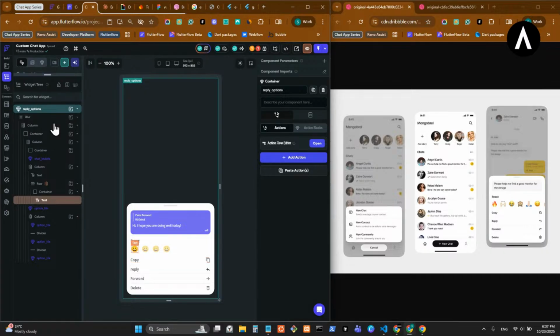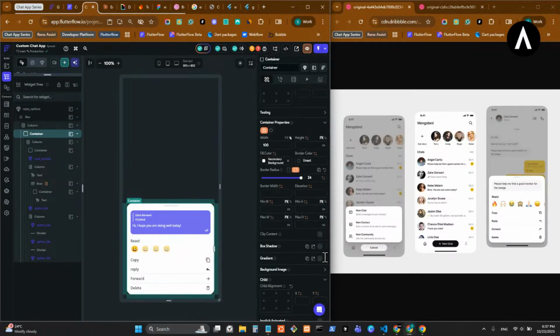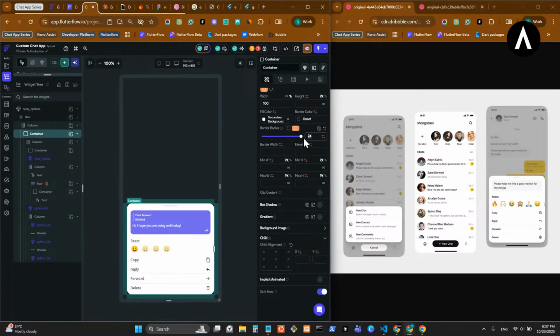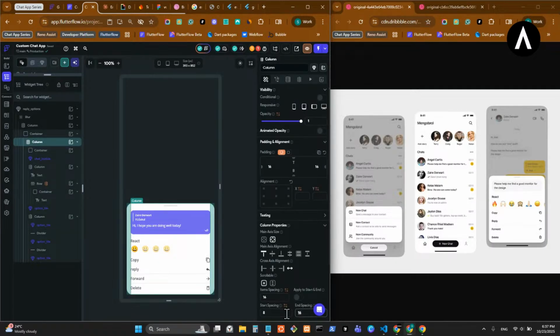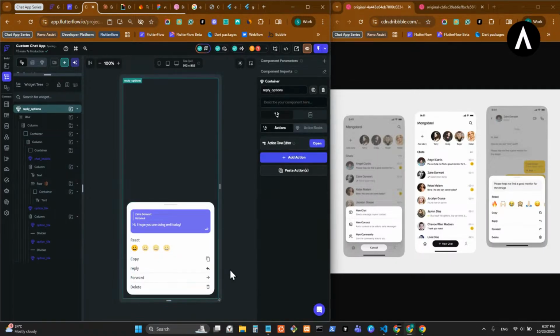This thing is too steep. Let's reduce the border radius a little bit. We'll keep it 20. This looks nice. And end spacing, we'll just increase it to 20. So this is the picture here,